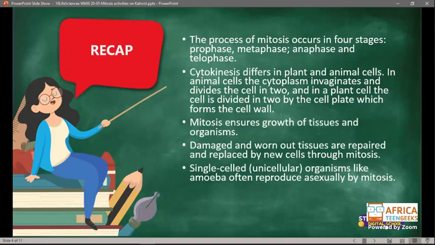So reproduction in your bacteria occurs by mitosis. An example is an amoeba, which reproduces asexually. So by asexually, we mean